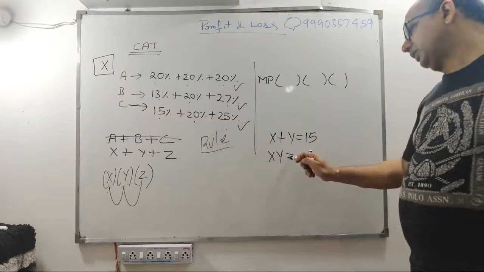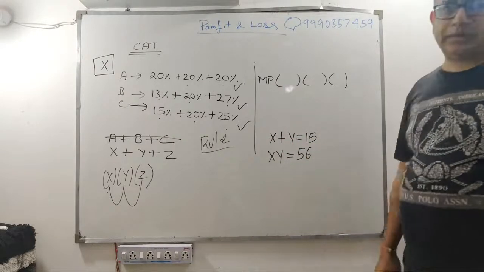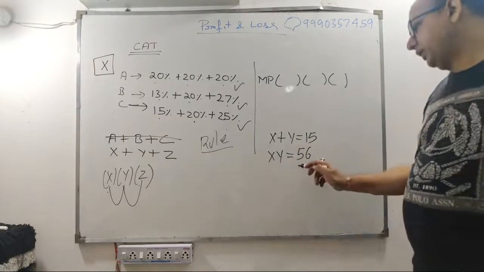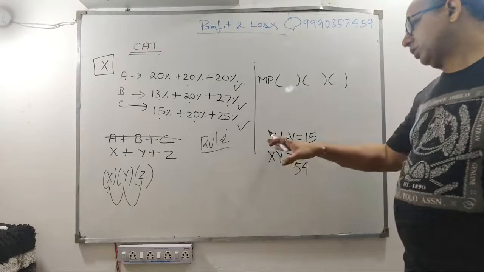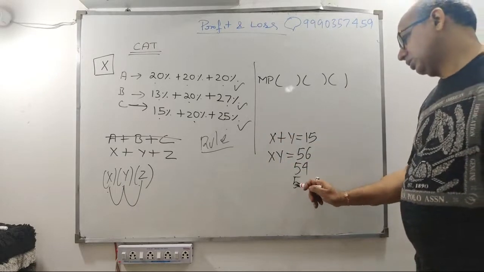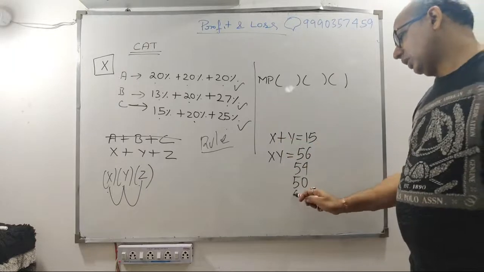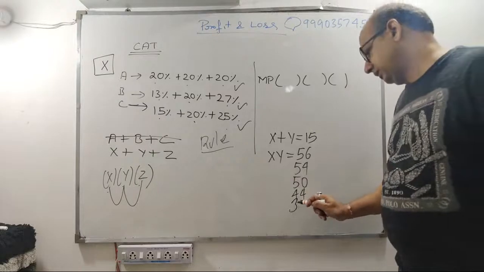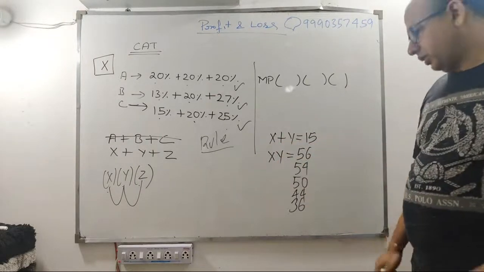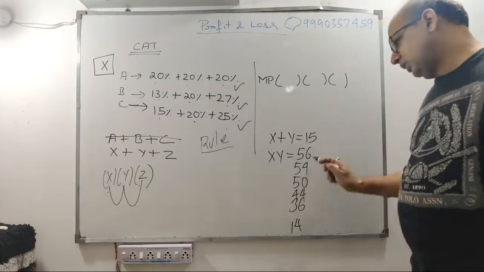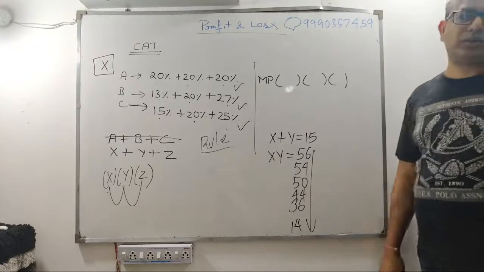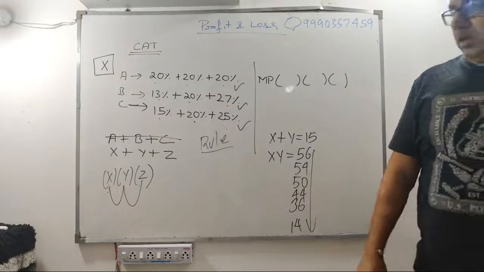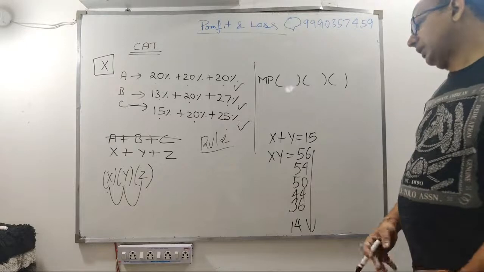7 और 8 ले लूंगा, 56। देखना ध्यान से, 7 और 8 को जैसे ही मैं दूर करूंगा, 6 और 9 लूंगा तो कितना आ जाएगा? 54। 5 और 10 लूंगा, 50। 4 और 11, 44। समझ रहे हो? 3 और 12, 36, 2 और 13, 26, और 1 और 14, 14। You can see the decline in the values, लगातार हो रहा है, बीच में ऐसा कुछ नहीं कि उठ के वापस नीचे गिर गया। तो जैसे जैसे ये दूर जाएंगे वैसे वैसे प्रोडक्ट कम होता जाएगा।